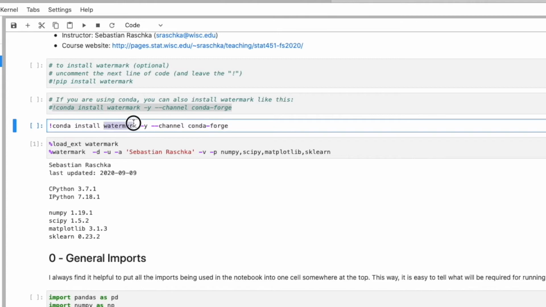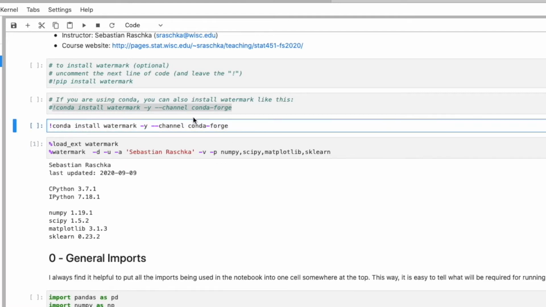However, Watermark is more like a project I developed, and that is not important enough to include, of course, in the basic Conda installation or Conda package repository. So there's a community maintained repository of Conda packages. It's called Conda Forge, and usually I would even say they are tested even better than the regular Conda packages, because the Conda Forge community has a lot of tools for checking that these libraries work on different computers and so forth. So it's just saying install watermark from the Conda Forge channel.